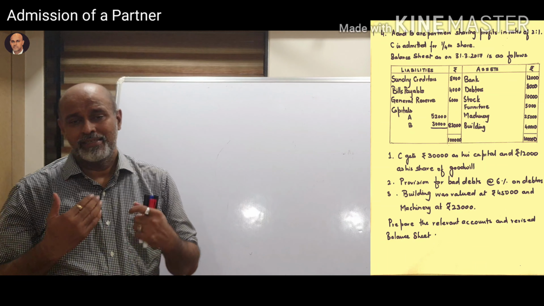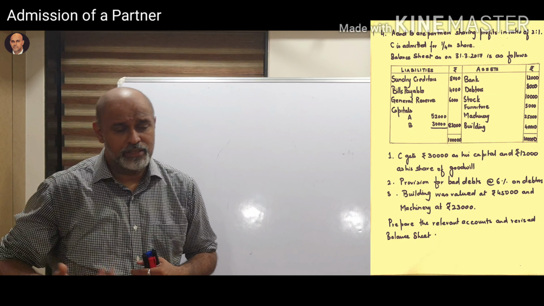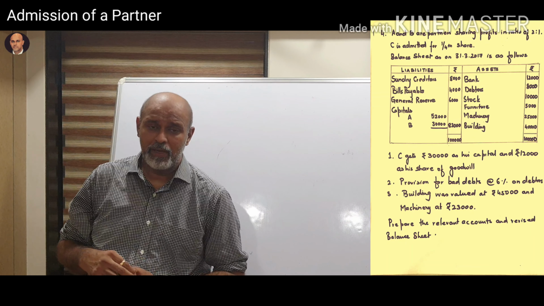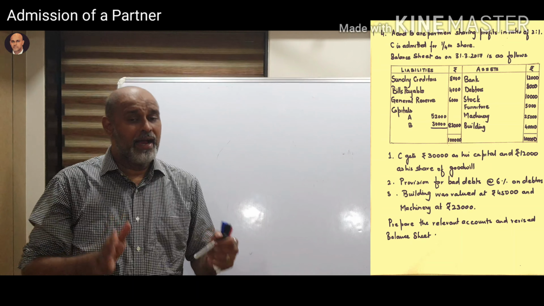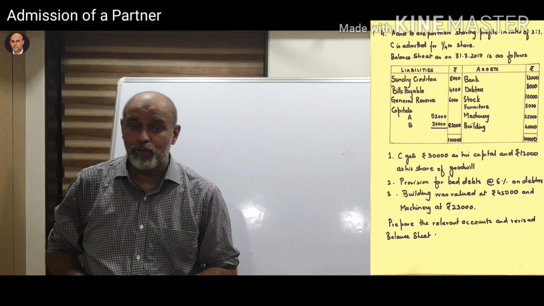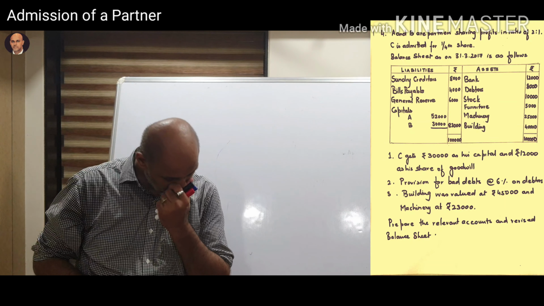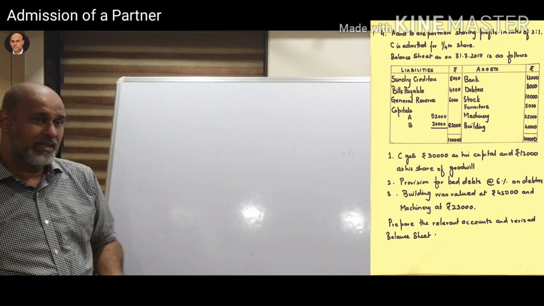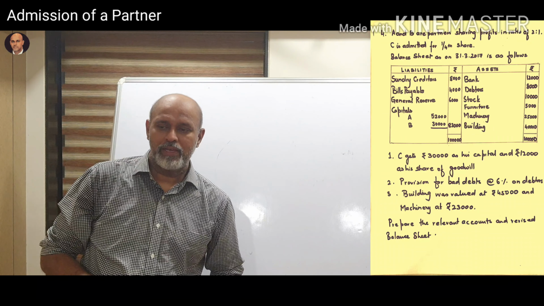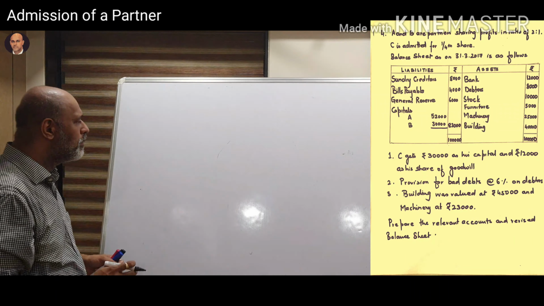So I shall step in and then continue from wherever we left last time and take up a new sum where I shall discuss the adjustments with you and the sum shall be completed by you as an assignment. There are two partners A and B and they are going to admit C. First let's have a look at the balance sheet.